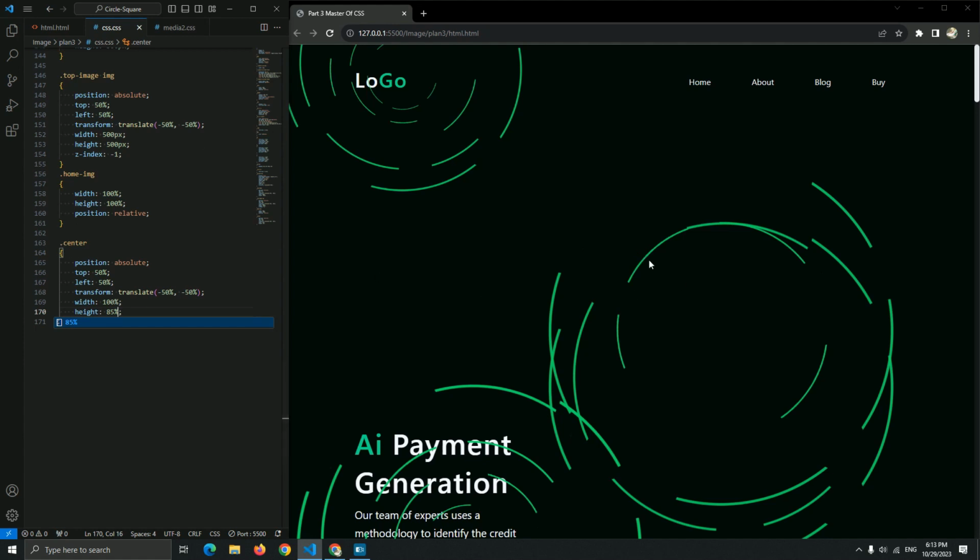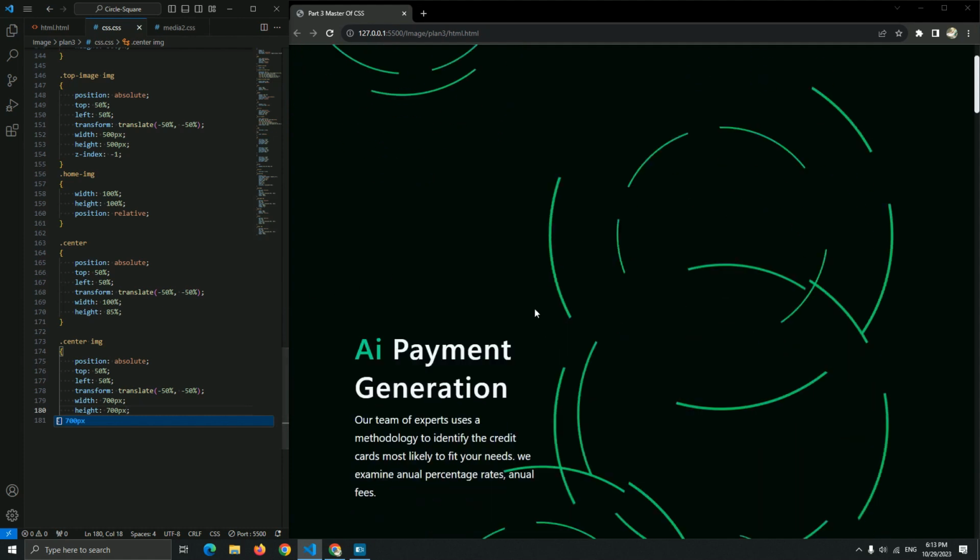And this is our center, as you can see. Now let's style the image of the center. So center image. Okay, set the width, and let me just add again position absolute to be a center, and now add the width 700 pixel and the height 700 pixel.